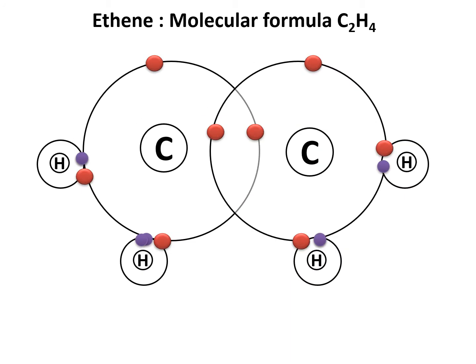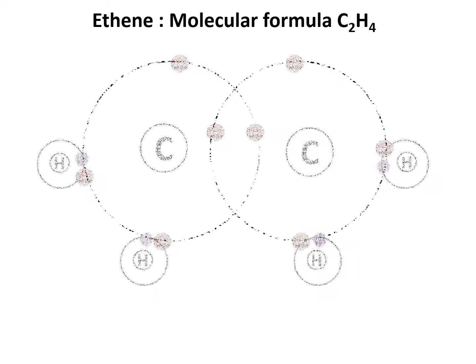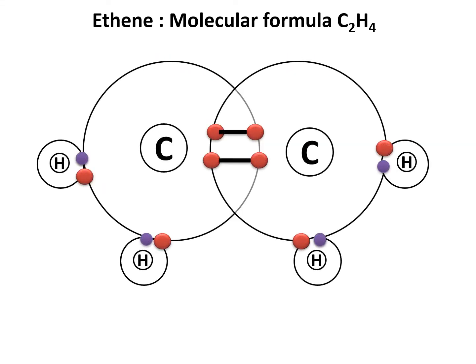So we get two hydrogen atoms bonded to each carbon atom. Now if you see here, there is one more pair of electrons left, that means one electron on the first carbon and one on the second carbon. These electrons come together and form a second bond between carbon and carbon, because they have to complete their valency, that is tetravalency. It will form a bond between carbon and carbon only, because the molecular formula is C2H4.